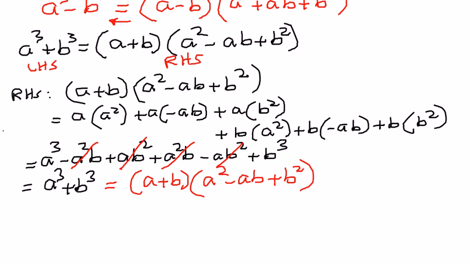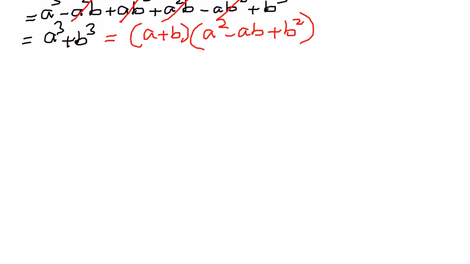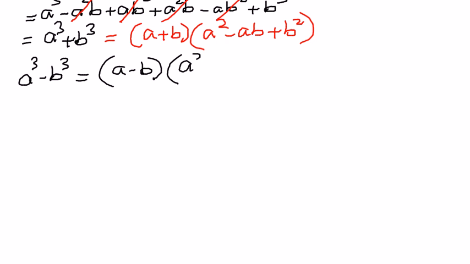What about the difference of two cubes? Let us look at that. If we have a cubed minus b cubed, the expansion for that we said is a minus b times a squared plus ab plus b squared. Here again we will call this the left hand side of the equation, and this one the right hand side of the equation. We will take the right hand side of the expression and see whether we can arrive at what we have on the left hand side. So the right hand side is giving us